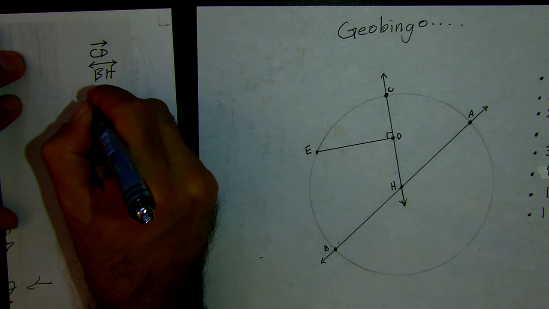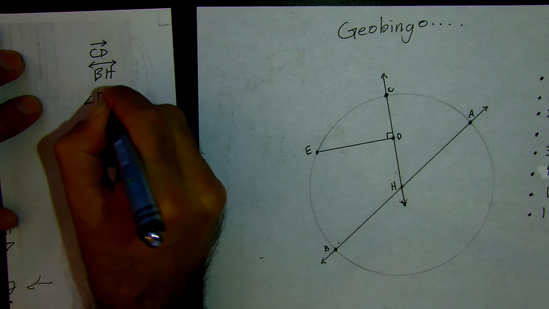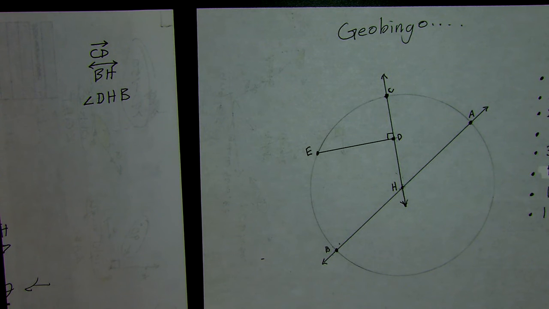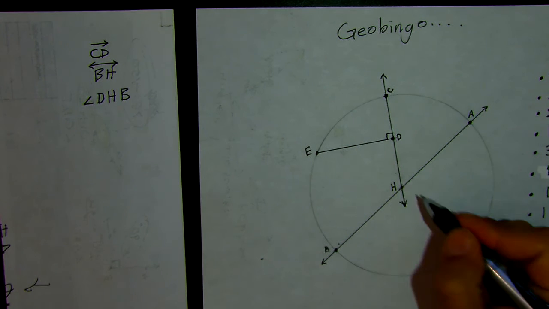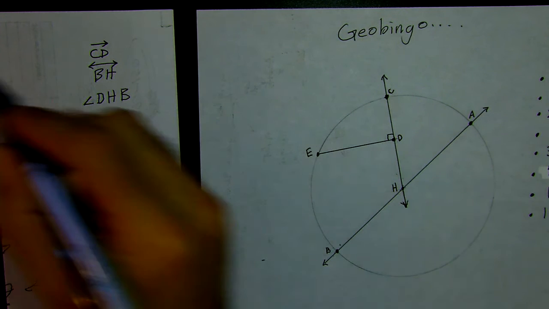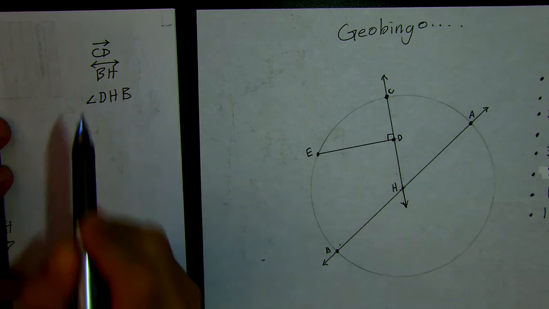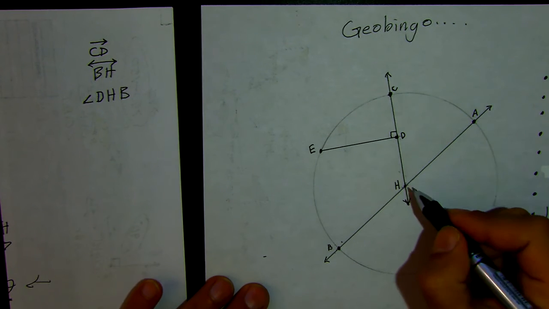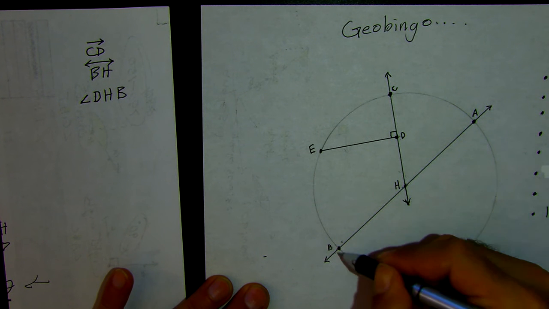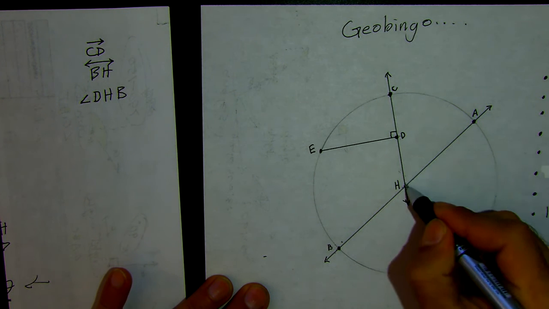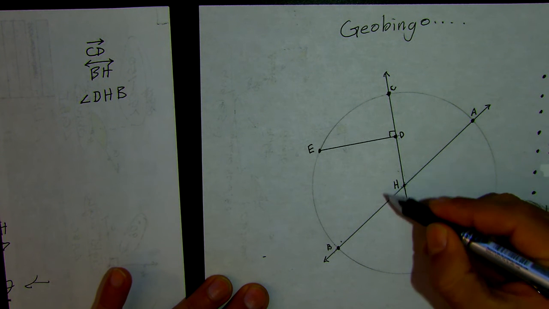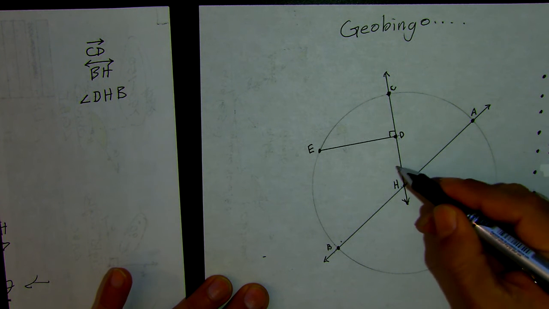Here we go. Angle DHB. Remember that H is the vertex. So first I look for H. Okay, there's H. That's my vertex of the angle. Remember, the vertex is the corner. So here's H. I have to include DHB. DHB, that's talking about this angle right here. Now, regardless of the name, this angle right here,